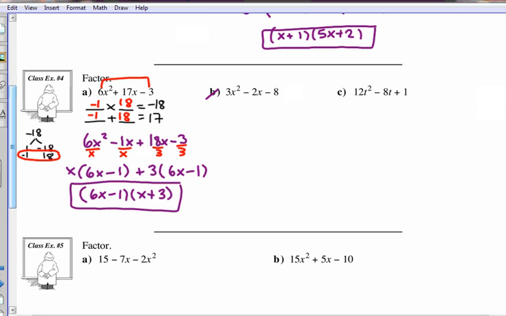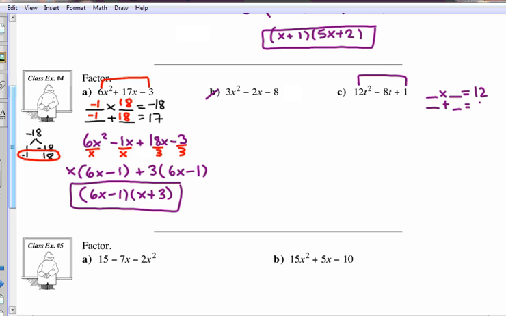Okay, so first question we ask ourselves always, we look at this and say, is there a greatest common factor? What's the smallest number here? 1, so for sure there's not going to be. Okay, so then is it simple or complex? Complex because of the number in front of the 12. And so because of this 12, we want two numbers that multiply to 12 and add to